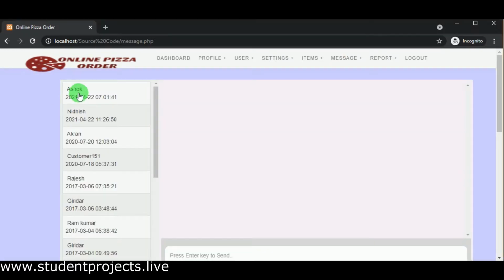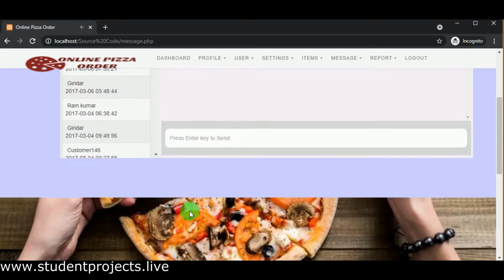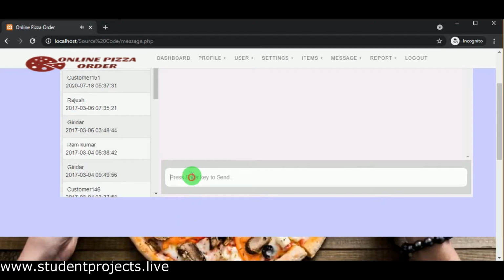And we know that in message under inbox, here the admin can view the different messages from different customers. So the admin can view the message from the customer named Ashok, which we sent now, and now the admin will reply to the message from the customer.